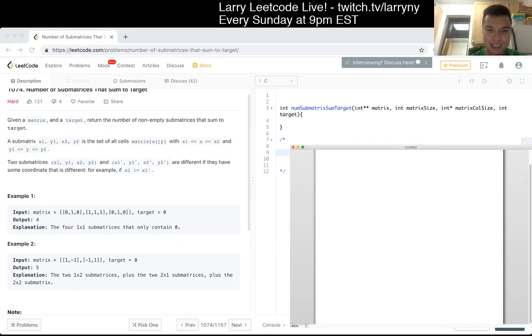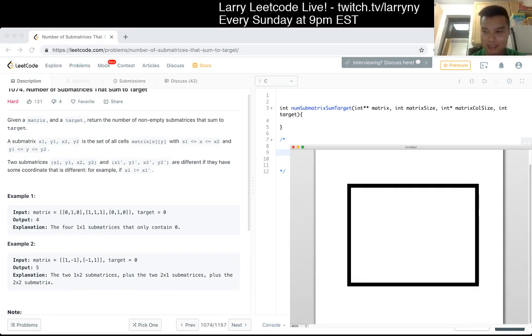But let's say this is your entire matrix. So what you want to do is be able to look up the sum, given another rectangle. Let's say you want to calculate the sum of that rectangle, right? And the naive way is to just do some n squared thing to go look inside. But if you have a lookup table, you want to pre-calculate the sum such that you have a list of